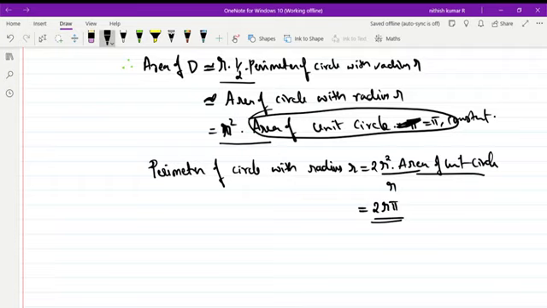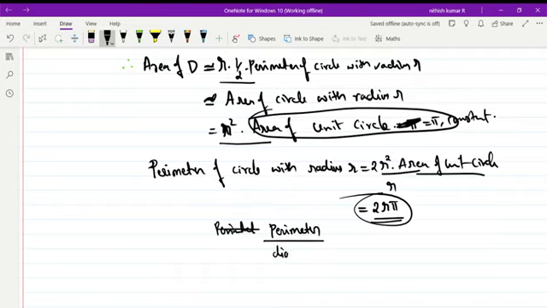So the thing is, using the concept of area, we got the perimeter, and moreover we got the pi value. That is, if you take any circle, then its perimeter divided by its diameter is always constant, and that constant is nothing but pi. Okay, so moving further,